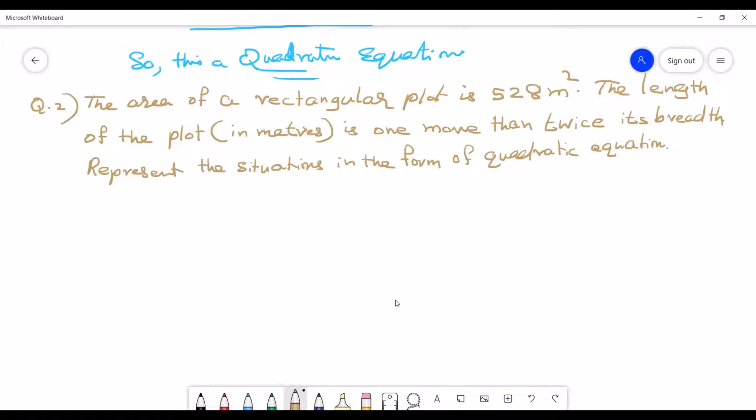Whenever such questions come, we should take maximum care in reading. If we can understand the situation properly, then only we can write down the terms properly. If we read fast and try to solve it, then the chance of committing a mistake is there if the question is not solved by you before. So let us come to the question. Here the area of a rectangle is given.